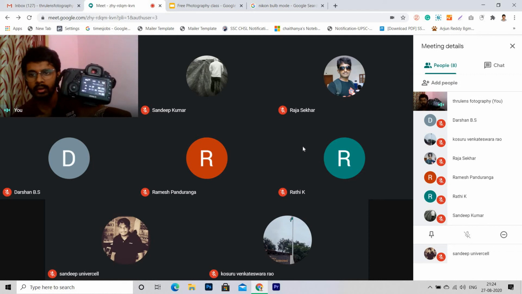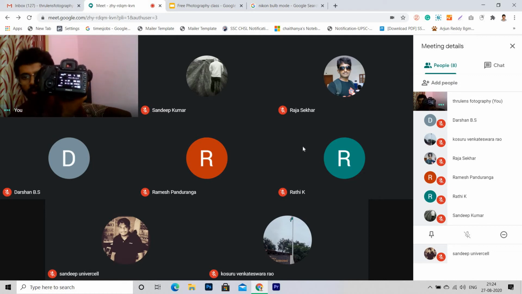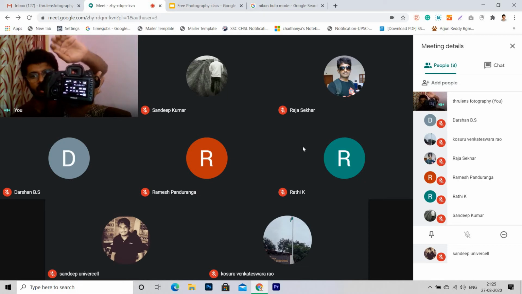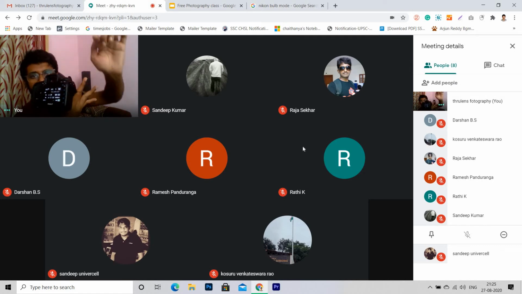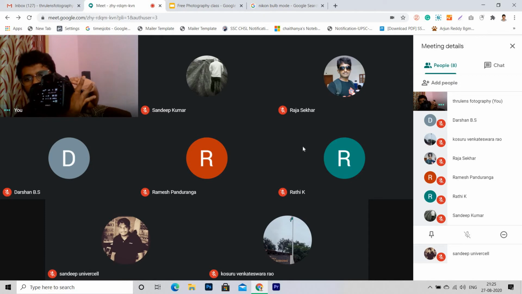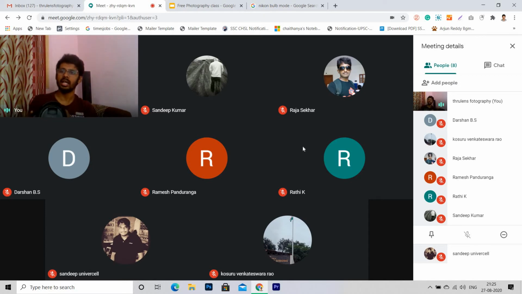So without using bulb mode, without using that additional remote, what we can do is keep it in this kind of setting, below 0 or anything which is near 1. Keep it on a proper tripod and just click and go back. Just click and go back, until you hear a clicking sound. Obviously when you are clicking a photo, one sound will come, right? Until you hear that sound, do not touch the camera. If you touch the camera, your image will be spoiled.